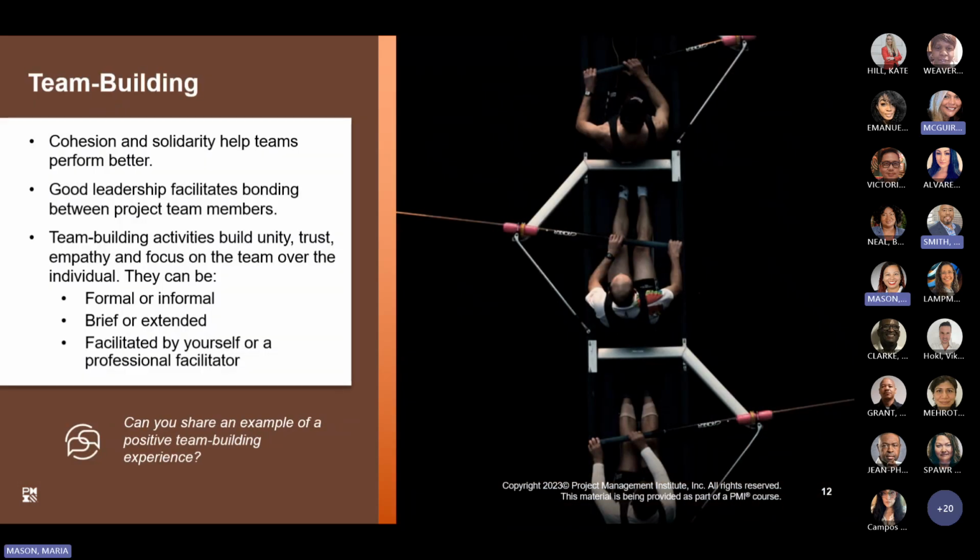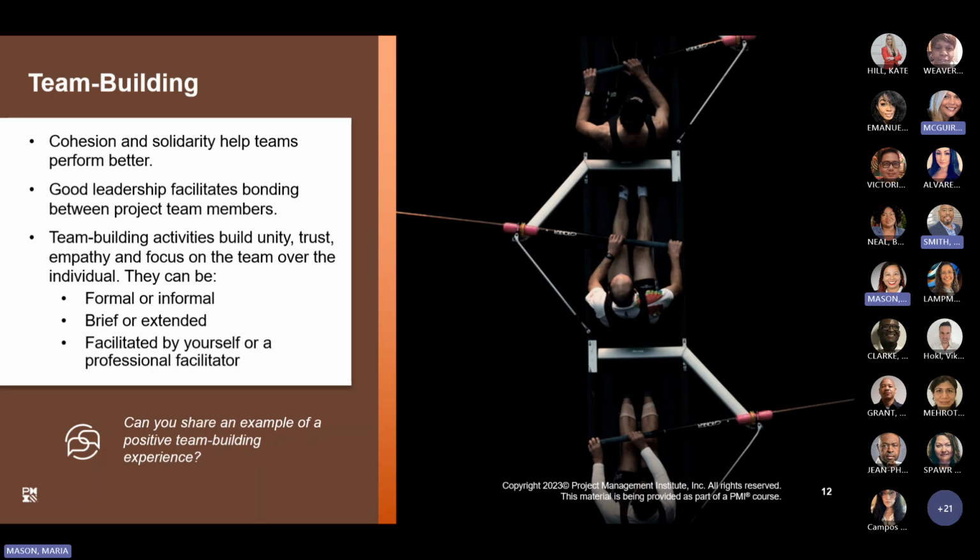Team building. I love this picture. Team building is crucial to ensuring that the team functions in a cohesive manner, making sure that everybody's working together in the same direction. It's crucial to leading a successful team. Team building activities can unify, and working collaboratively toward a shared goal is a great way for team members to help each other reach a higher level of performance.